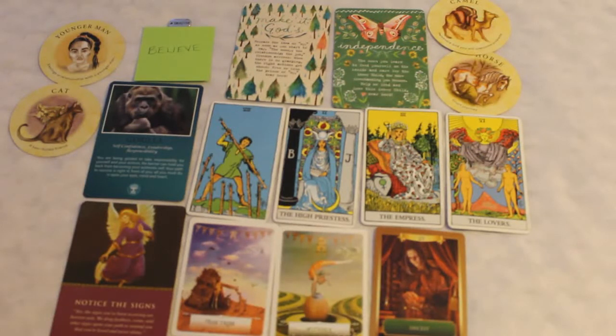Kind of just the overall feel with everything that I'm seeing right now for group number 1. I feel like you guys need to really step into your power. I feel like you need to separate yourself from specific people. That's kind of really what's standing out to me. So,